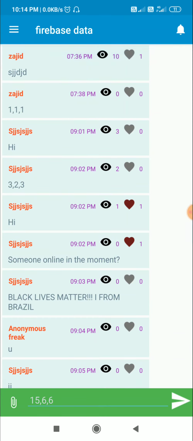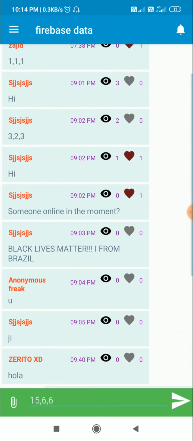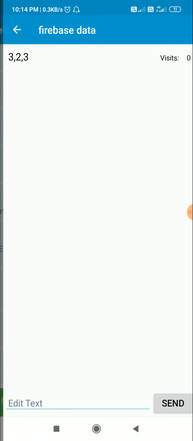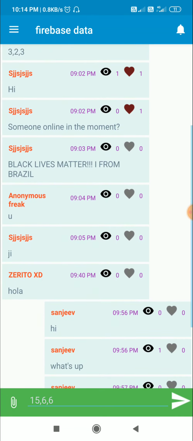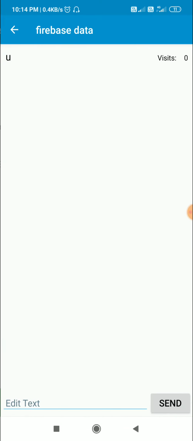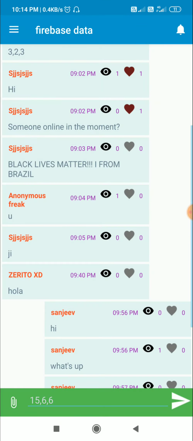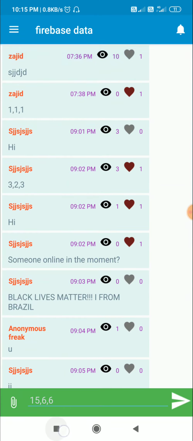Like here you can see that in this, whenever I click on any like button or when I move to this page, the list view remains at the same position, it doesn't move, it doesn't go to the bottom. So I'll show you how to do this in Sketchware. So let's move to Sketchware.